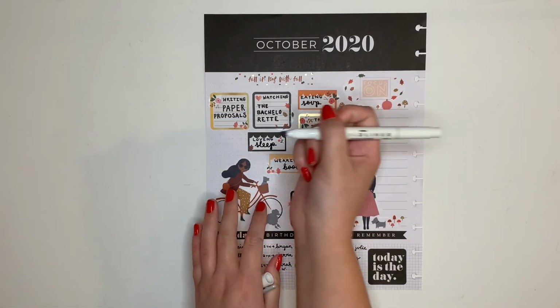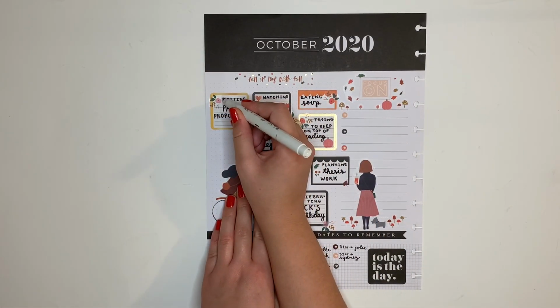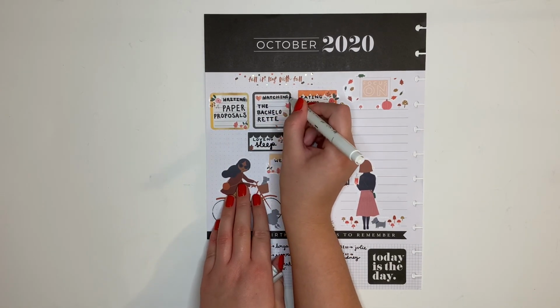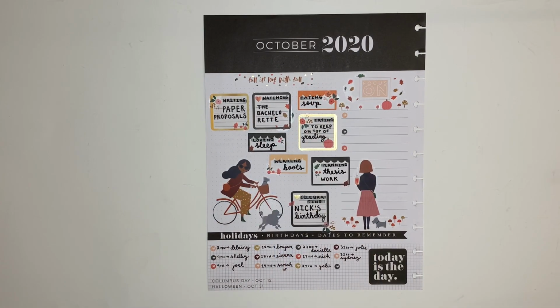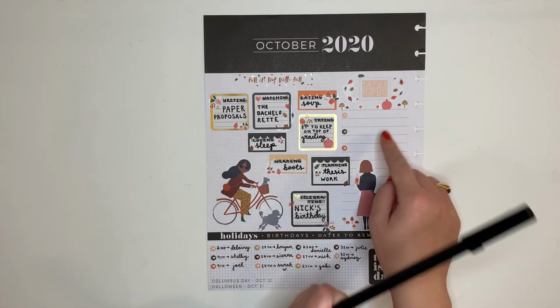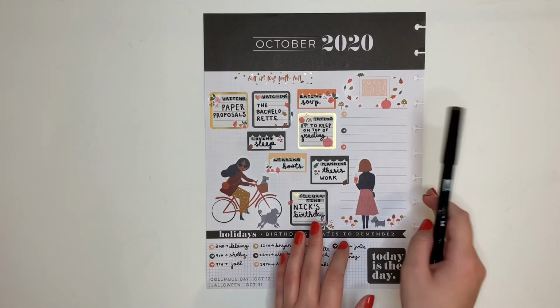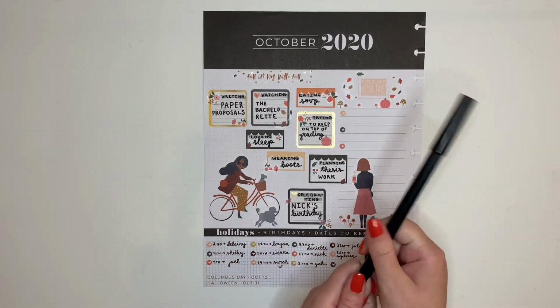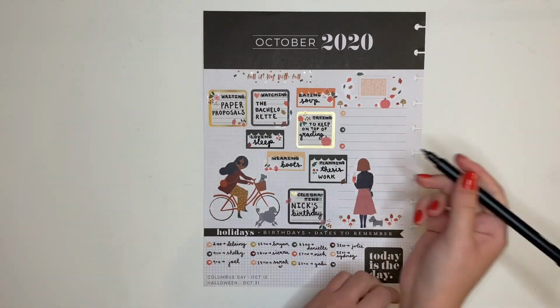I've got my gray mild liner, and I'm just gonna go and highlight the headings real fast so it makes it clear what the categories are. I'm not sure if that made it better or worse, but it's on the page now, so I can't do anything about it. And I'm gonna fill in this focus on with what my actual goals were for the month. I had goals, I just didn't write them down, and I should have written them down at the beginning